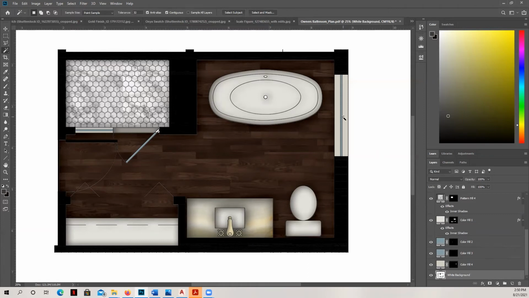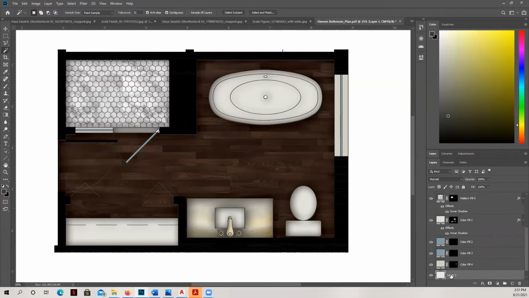Okay, so the next thing that I want to do is teach you how to create some highlights. Now, there are some shadows that are naturally coming in, but it's really, really fun to do some highlights as well. And the place that we always see highlights is coming in from a window, right? So what we're going to do here is a really cool trick that works nicely on the edges of windows. And it's also really nice to do if you have hanging fixtures or pendant lights on an elevation. But we're going to go ahead and begin by creating a new layer.